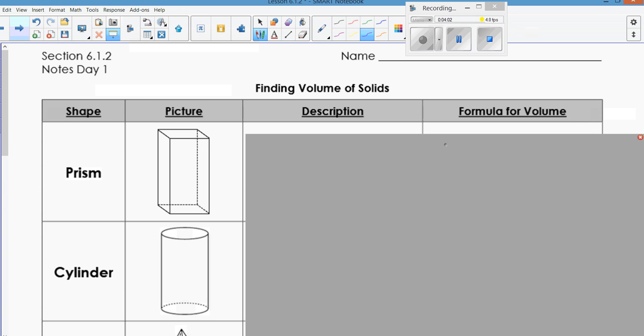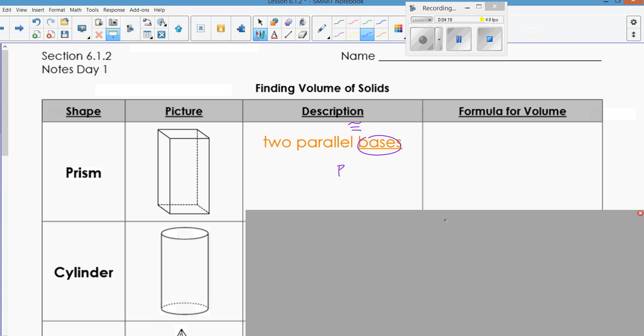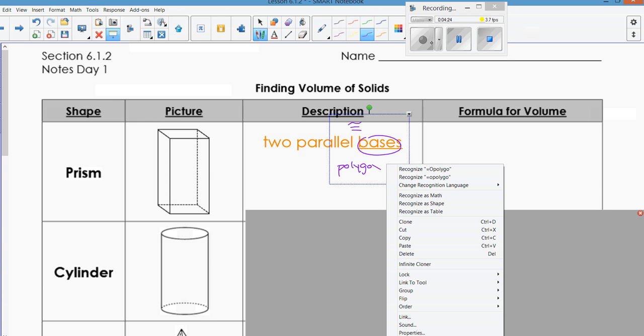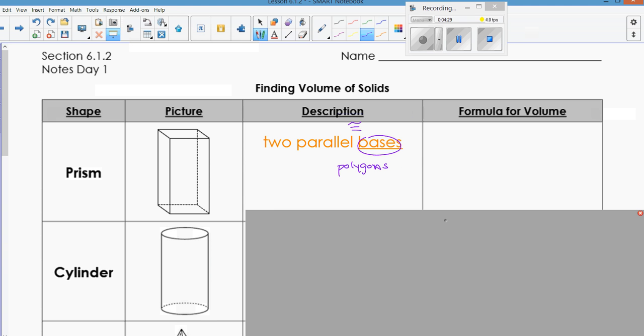Okay? So, a prism, so now that you have these, you can fill this out. A prism, as we talked about yesterday, or 2 days ago, sorry. A prism means that there are 2 parallel, congruent bases. In a prism, the bases will always be polygons. The formula for finding the volume of a prism is capital B times H,